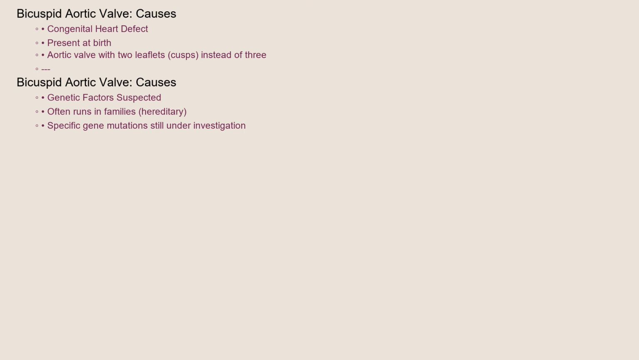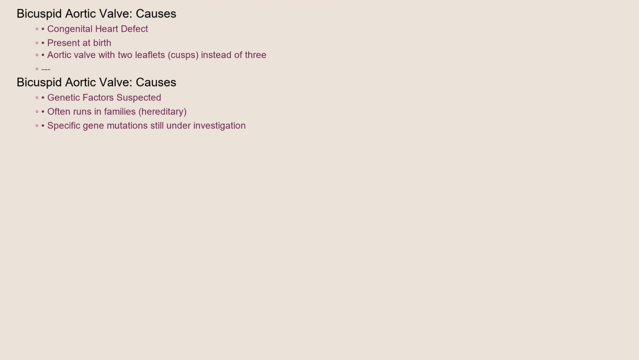So, what causes a bicuspid aortic valve? Essentially, it's a congenital heart defect, meaning it's present at birth. Instead of having the usual 3 leaflets or cusps that make up a normal aortic valve, a bicuspid aortic valve has only 2. The exact reasons why this happens are not fully understood, but genetic factors are believed to play a significant role. It often runs in families, suggesting a hereditary component. While specific gene mutations haven't been definitively identified for every case, research is ongoing to pinpoint the specific genetic markers